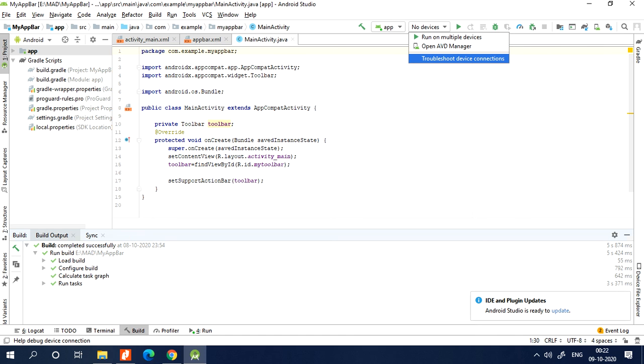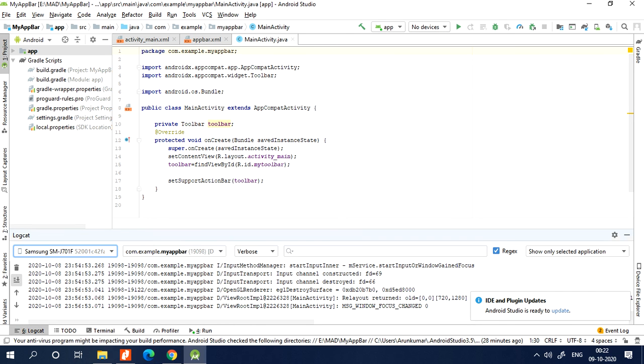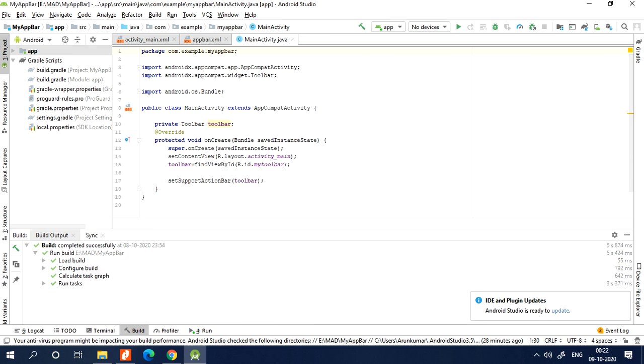Right now, no mobile phones are connected to my Android Studio. You can also see in the Logcat, in the bottom left. Here I already checked with the Samsung phone, so it recognized my phone, but right now it is not connected. Now I will go and connect my phone.